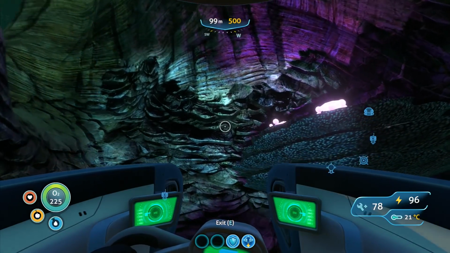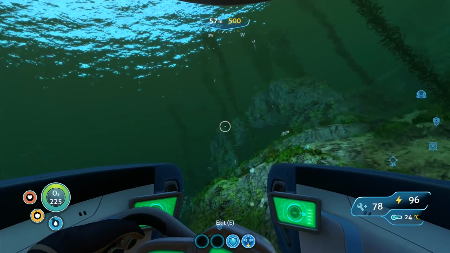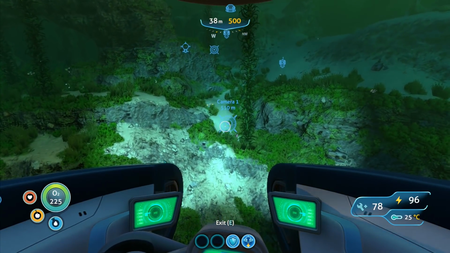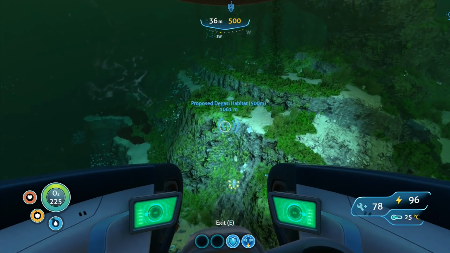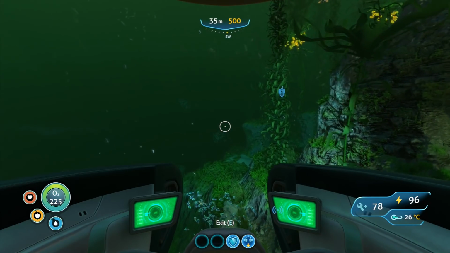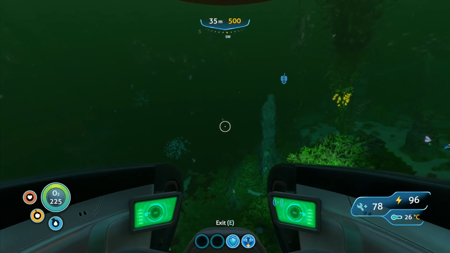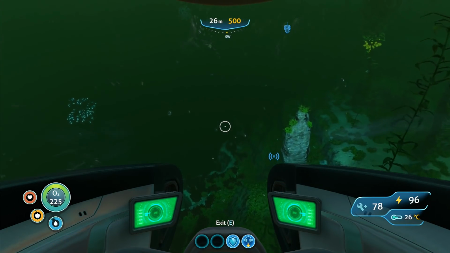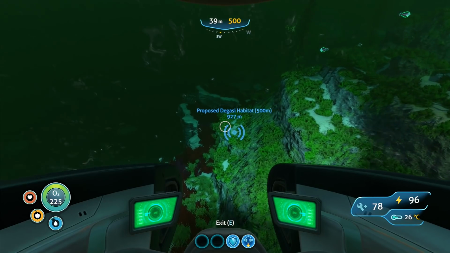Is there a ruby here? There is no rubies here. So where is the Teethy Things? Is that the Degassi habitat? No, there it is. The proposed Degassi habitat is this way. This is southwest. I got a feeling that this is going more towards the teeth than I would particularly like, which means that bad things could very well happen to us, and we might want...